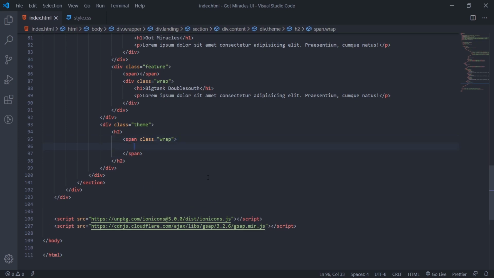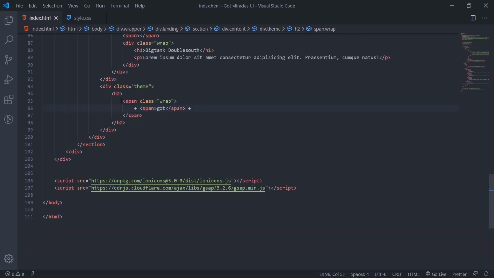I'll add a plus, then use another span again, type got, and after that put another plus for the ending.